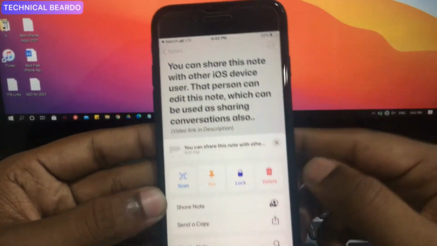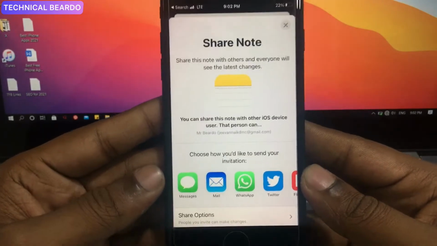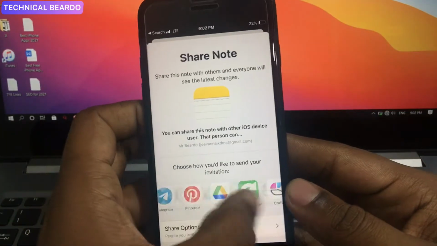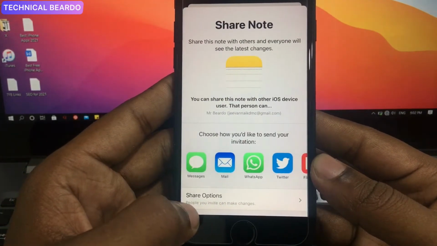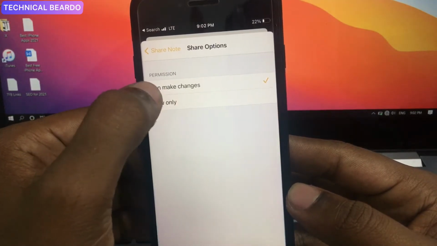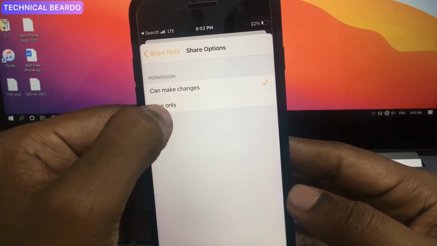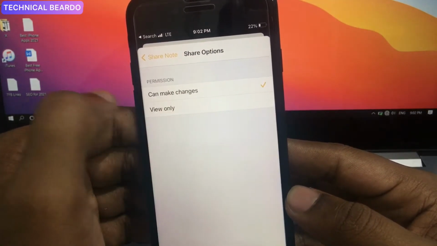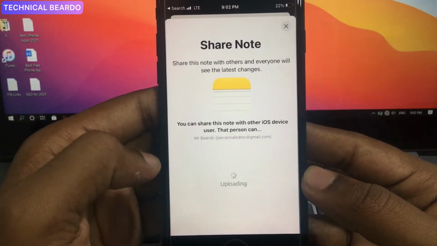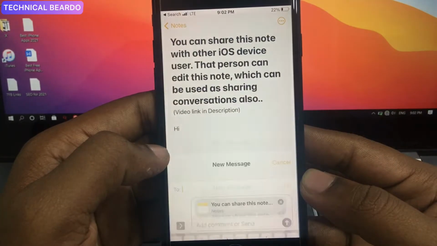Now do one thing, just create a note and share the note, and here choose multiple media to share the note, like text message, WhatsApp, anything. Just share the note link. Just make sure that while sharing the note, you are allowing the other person to make changes, so that person also can enter anything and it will be visible to you. So both members who are part of the note can type anything and it will be visible to both persons. For now, just choose any method and share the note link.